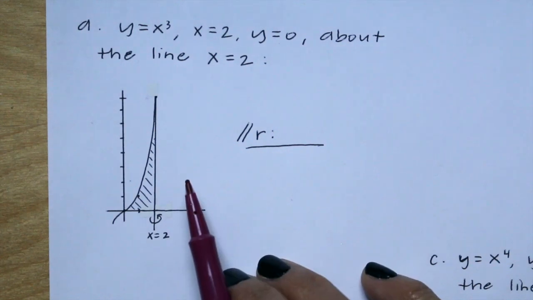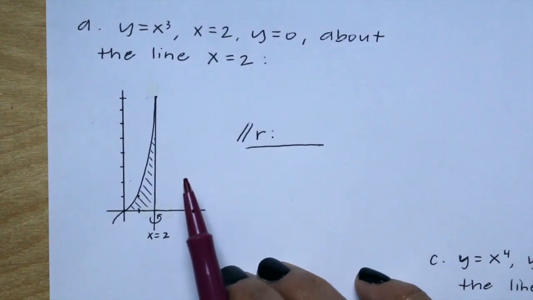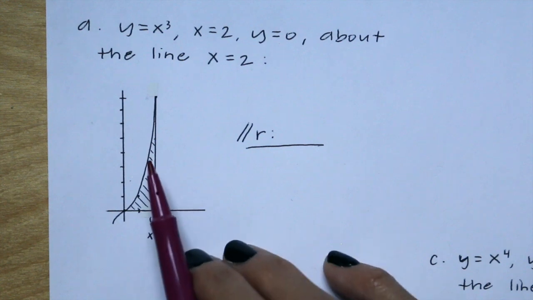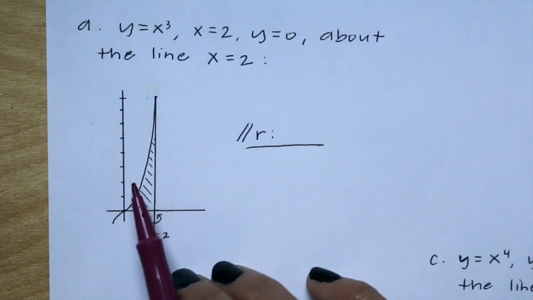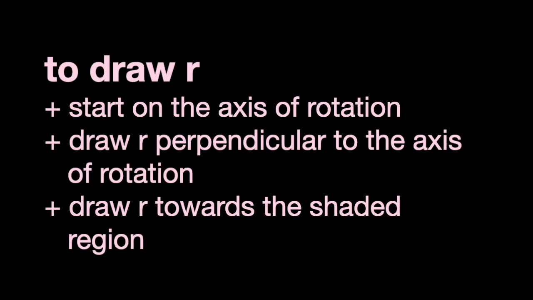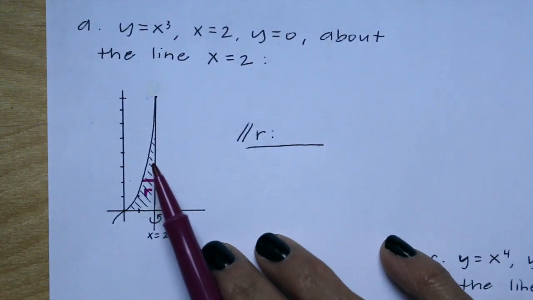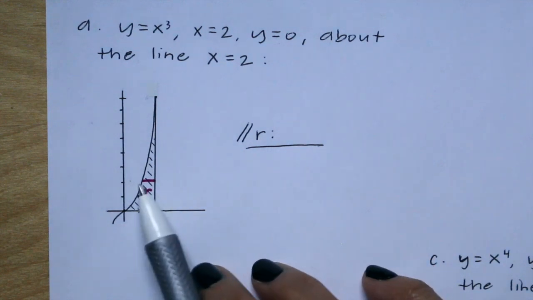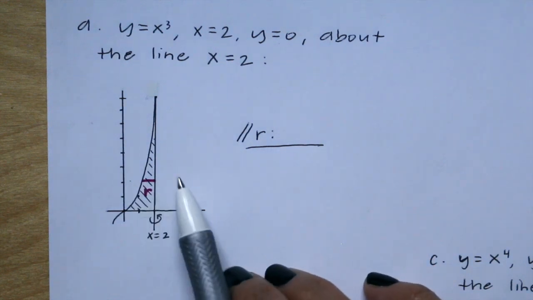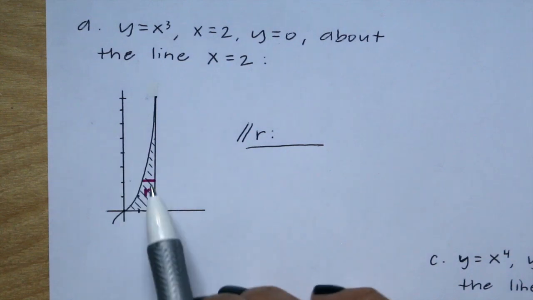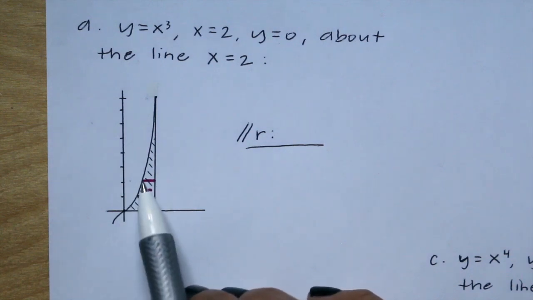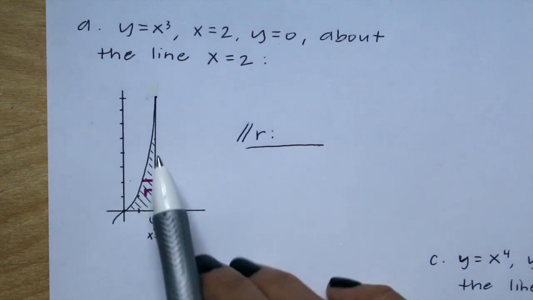Whenever you draw your r, you're going to draw it perpendicular to the axis of rotation. You start on the axis and you go towards the shaded region. So here's my r. Again, I arbitrarily drew it right there. I could have gone higher or lower. You'll notice r is a horizontal segment, so that's going to be important for later. And you can also see r is bounded by the curve y equals x cubed and the line right here